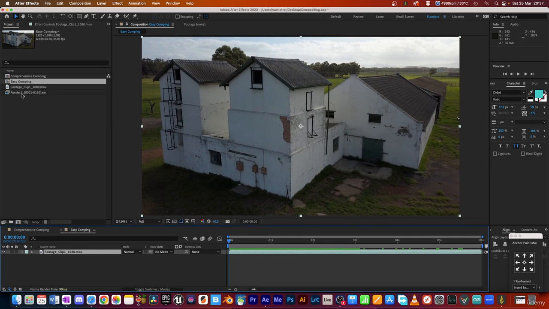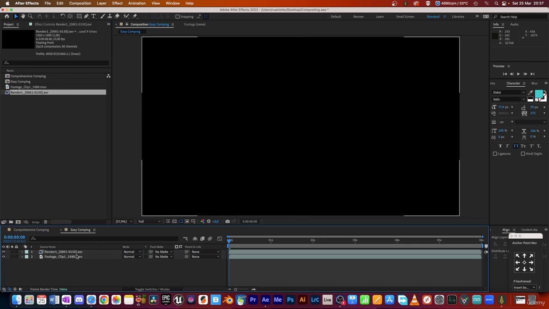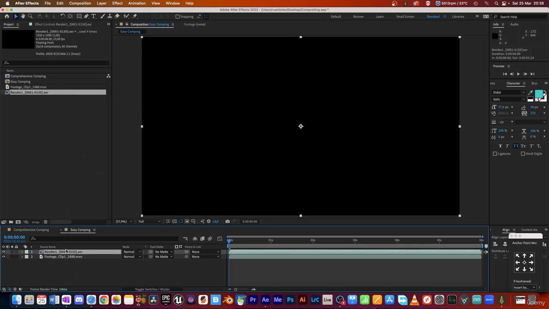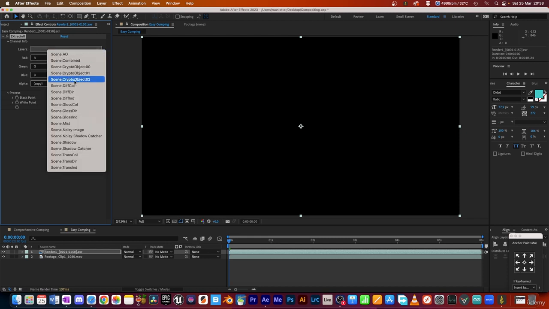So what I'm going to do, I'm going to drag in the render, place it on top of our footage, and then I'm going to apply that extractor effect as well to extract some of the render passes. So I'm just going to load in that extractor effect, and now under the layers drop down we're simply going to select